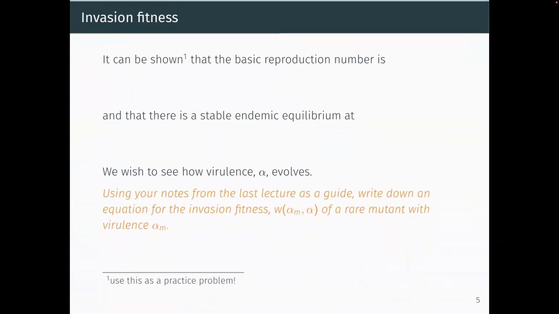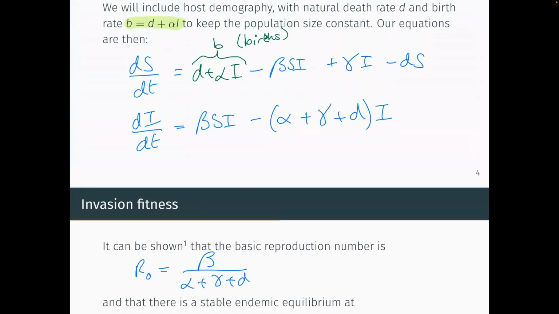Okay, so for this particular model, I'm not going to do these calculations. I'll leave this as an exercise if you want to do them, because we've done them quite a few times. Our basic reproduction number is beta over alpha plus gamma plus D. And this is just the transmission rate in an entirely susceptible population. So, the number of new infections per infected individual when everyone else is susceptible, multiplied by the average infectious period. Here, the average infectious period is going to be 1 over the loss term, which is alpha plus gamma plus D. So that's our basic